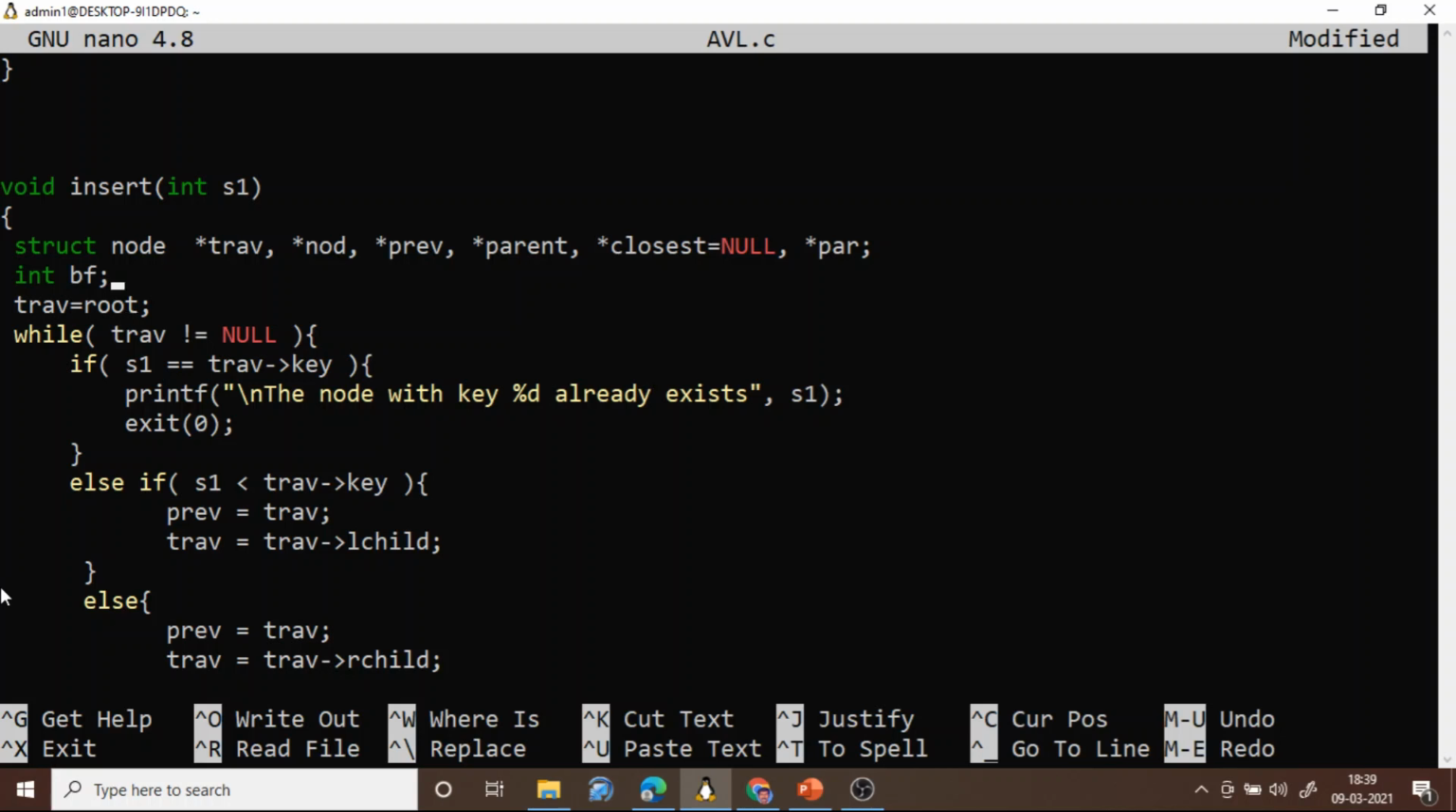Okay, so we want to insert. First we check, this is the same BST logic: while traverse not equal to null. This is the node which you want to insert. Here itself we are checking, we are not using the search function here. Whatever node you want to insert, I am checking if that node is equal to traverse arrow key, that is already available in the tree. If it is already available, then we say that the node with the key already exists and we exit. Otherwise,